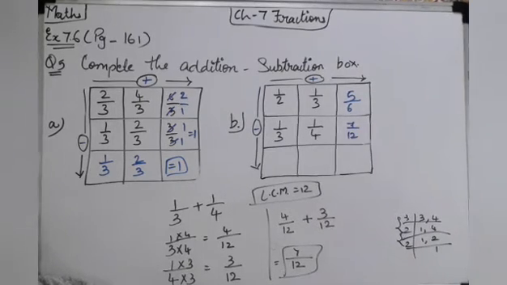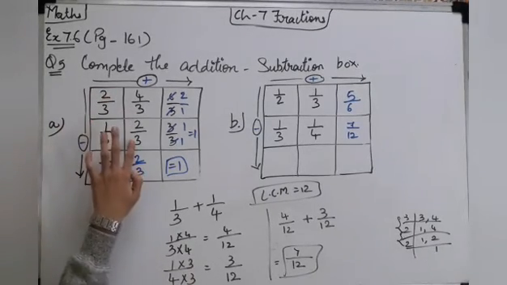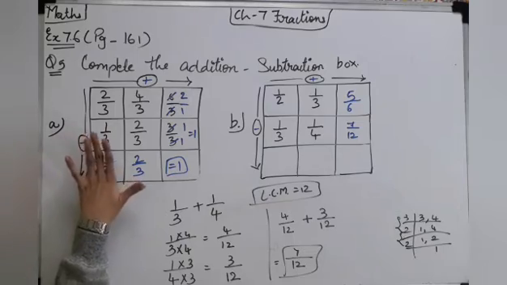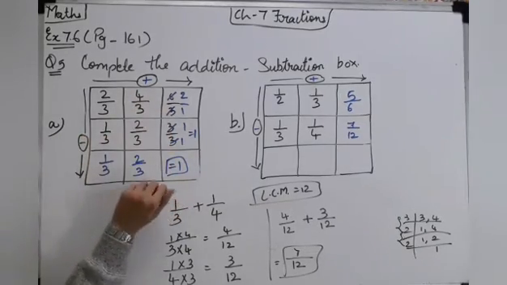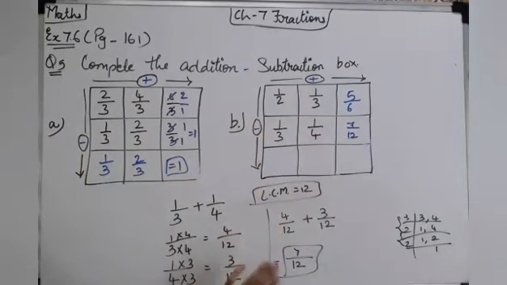You can see that in both sums, one difference is there. Here the denominators were similar, right? They were like fractions, so it was very easy to find the answers of like fractions. But here the denominators are different, so we have to take out the LCM, a few steps increase in this. We have to take out the LCM, convert into like fractions, and then we can solve for the answer.